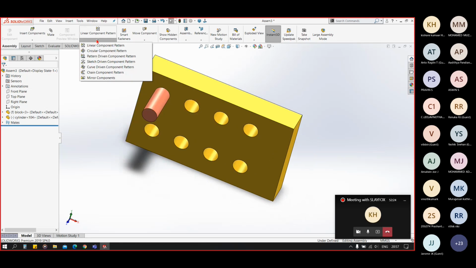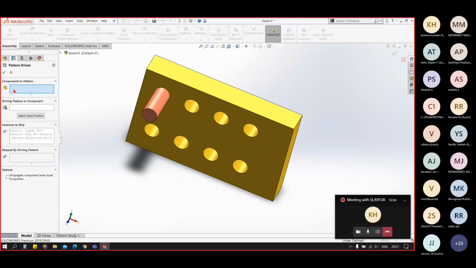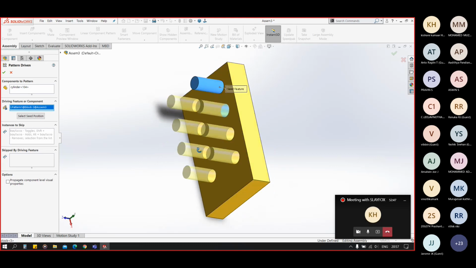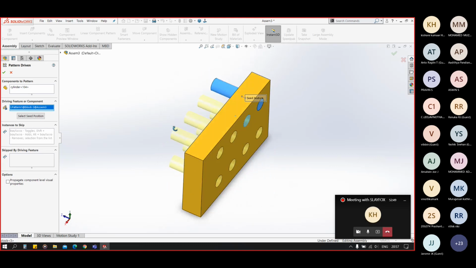So we will not insert it manually each time and give the constraint each time. What we'll do is go to pattern driven component pattern, select the components to pattern, and select the driving feature, this, and you can see the preview that all the instances have the preview of the cylindrical block.